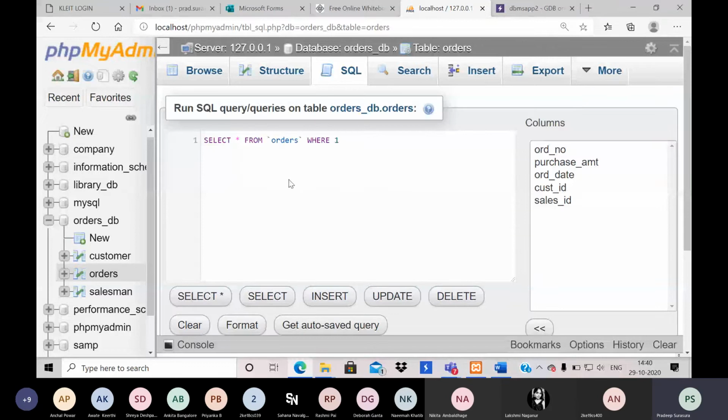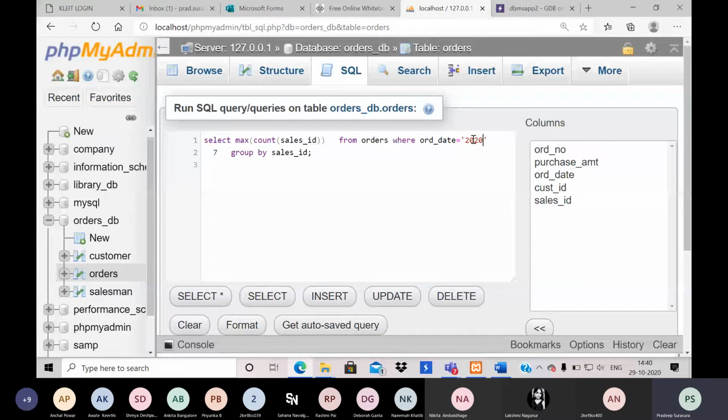Here I'm trying to replace things. Please be patient with what I'm trying to do. Here it was 2020-10-22.